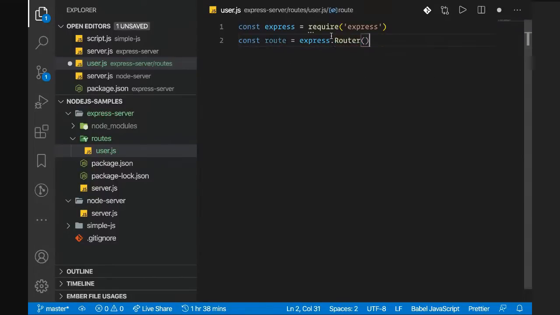I'll call that function. So route is express.router. Let's suppose I make an array over here. This will come from the database, but in our case let's suppose we have some users already fetched from the database. Let those users be the Tathagat and